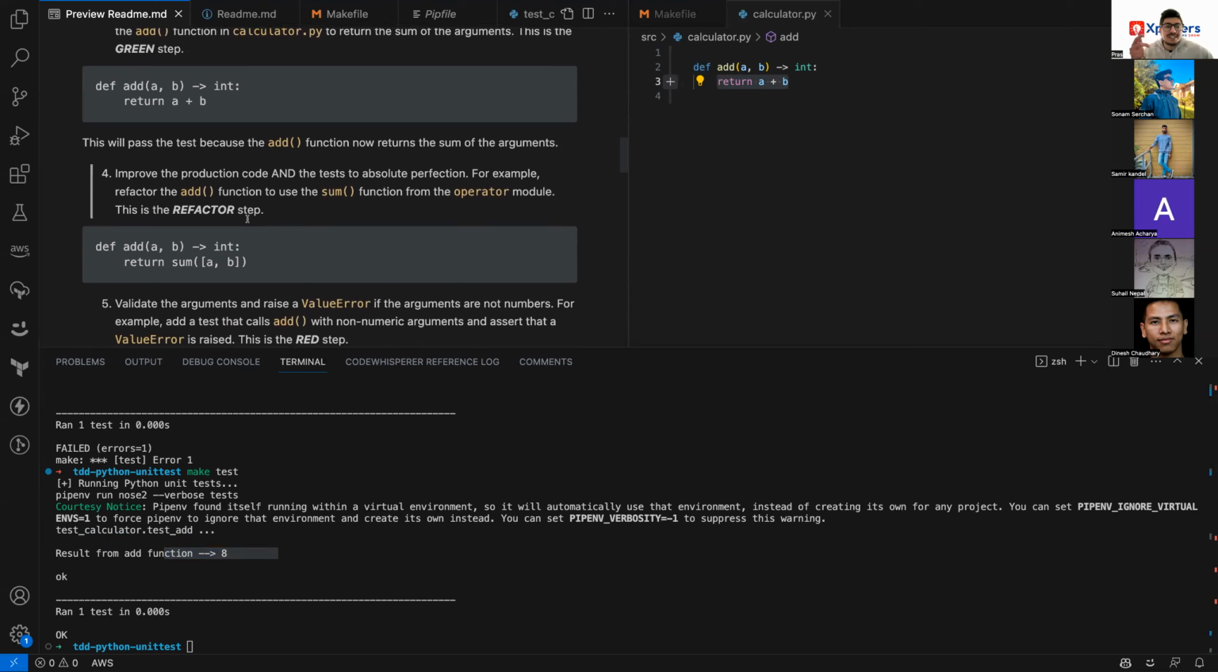So red, green, refactor. What we did was we failed the test first. We then implemented the code, which was the green step. But now we can actually make it better, which is the refactor portion. What we can do here is use Python's inbuilt sum function to perform the calculation, right? I mean, this is also fine. It's not really a huge difference, but I'm just trying to show you the refactor bit,